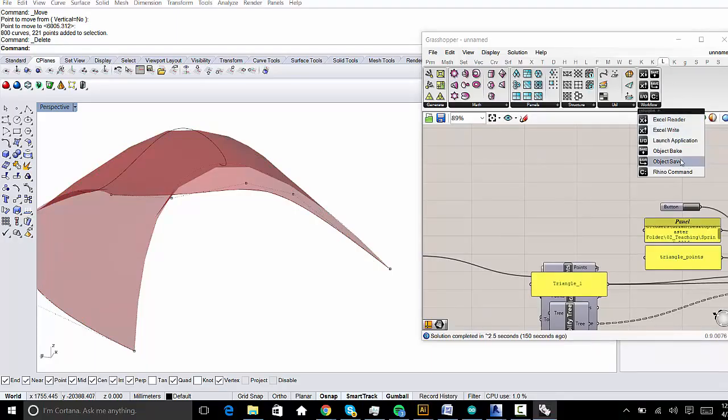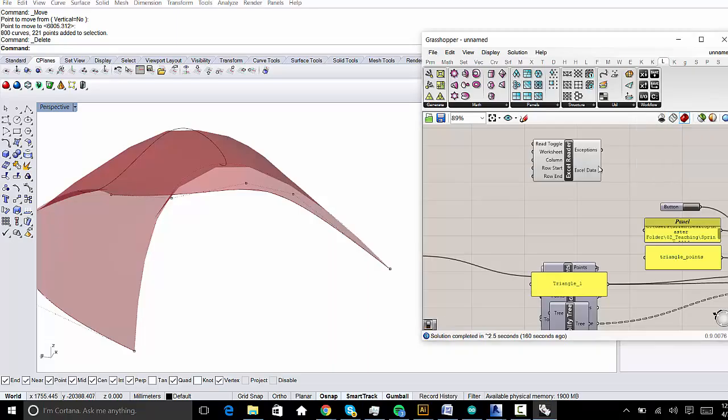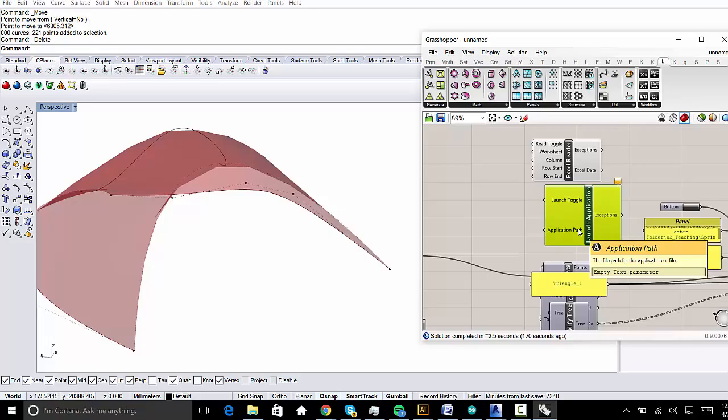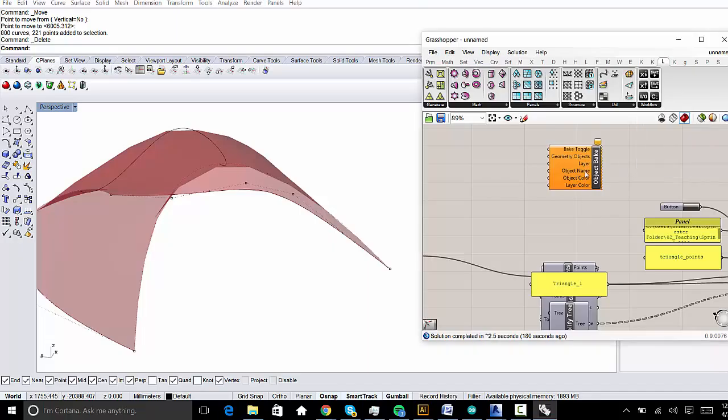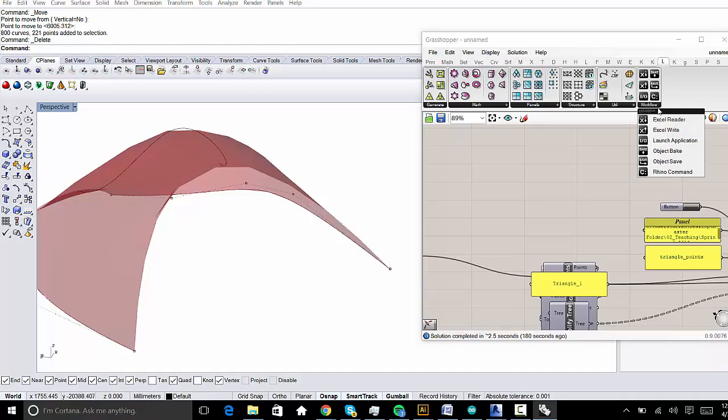And then lastly, just before we move on and take a more close look at panels, you'll see the workflow drop down here, which is a set of components that allows you to read and write through Excel, to launch outside applications, and I can put essentially any application executable in there. And also bake objects. You can toggle a bake button on, which is really great if you are, for example, outputting some sort of geometry that you then need to export in Rhino to a specific file format. Okay,